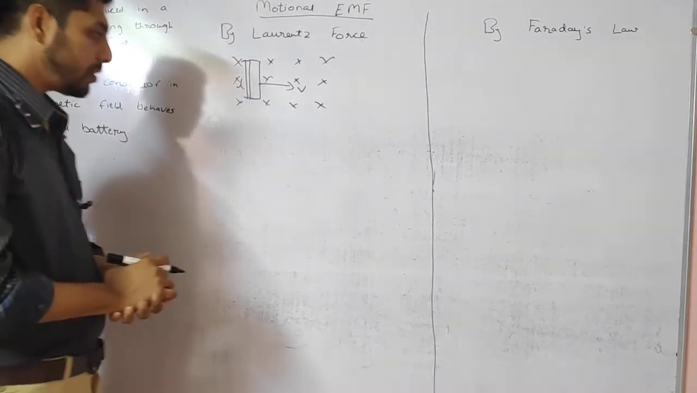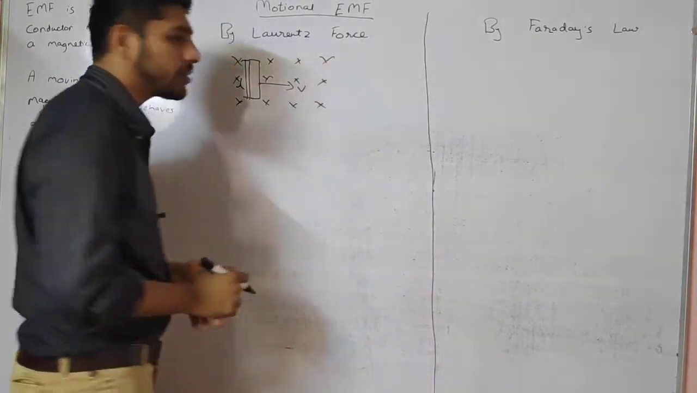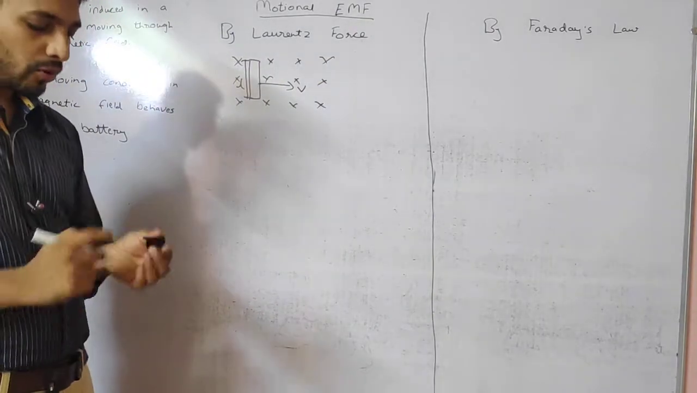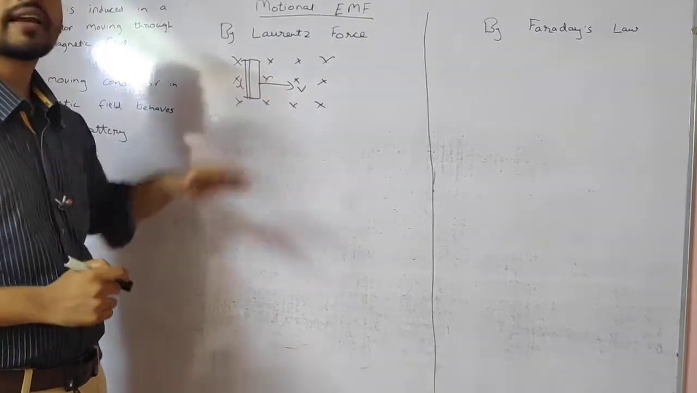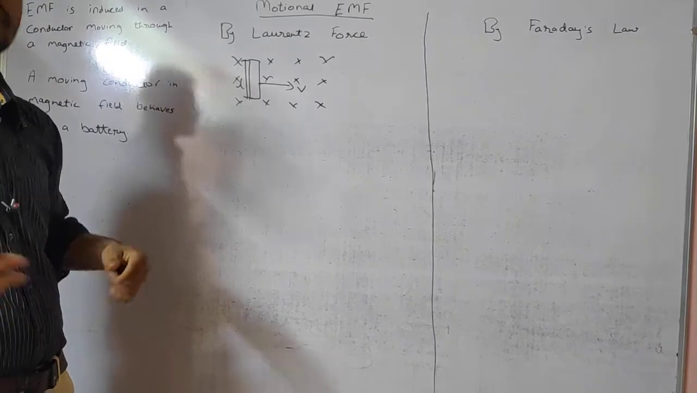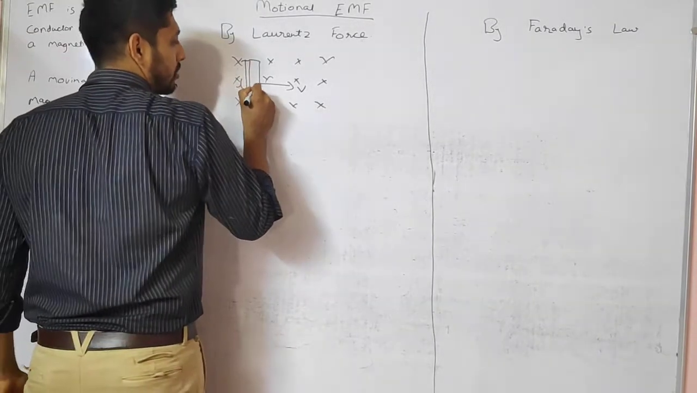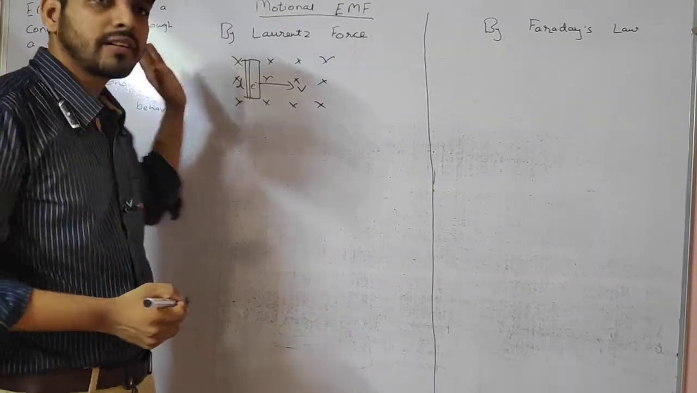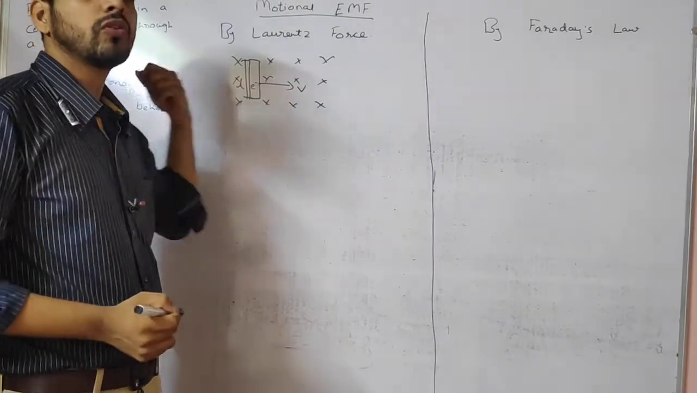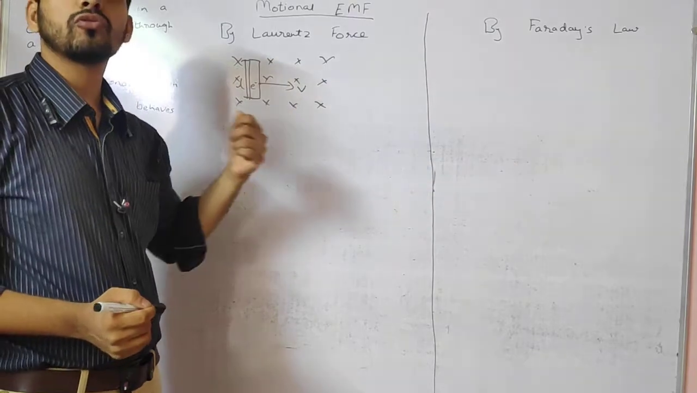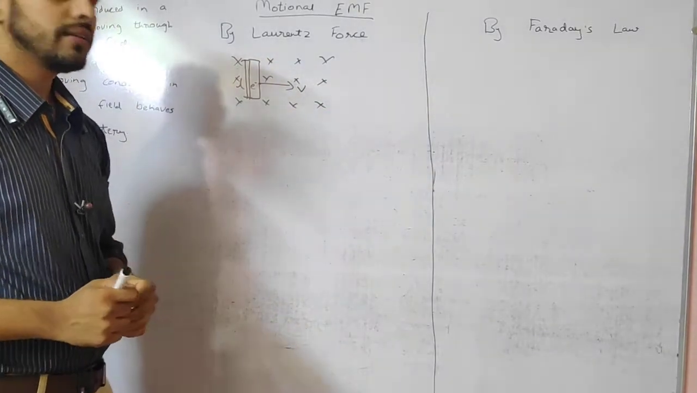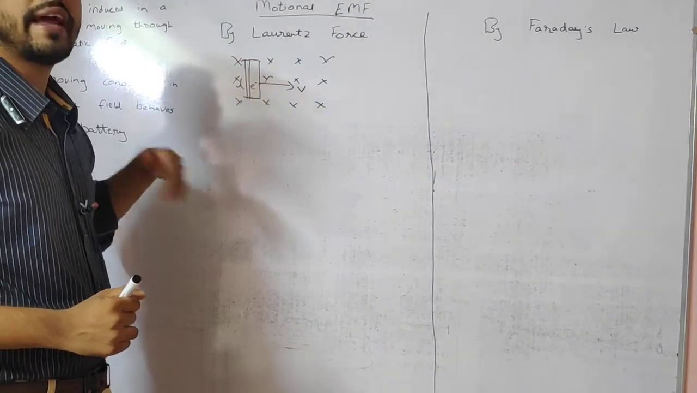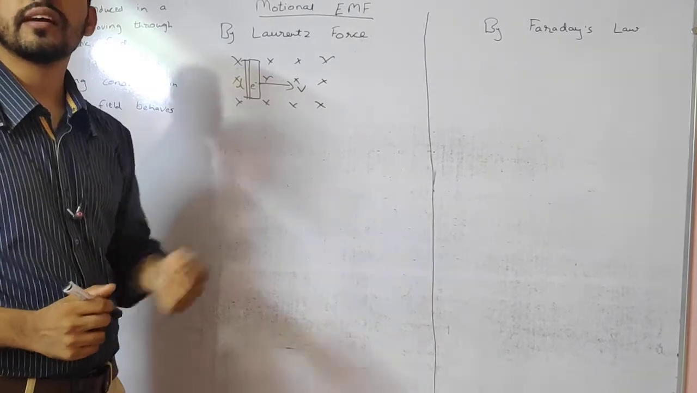So how does it work now? We know that using Lorentz force there will be a force inside a conductor. We know there are many free electrons inside a conductor. So when this conductor moves, the electrons will also move in that direction. And we know there is a force on any charged particle whenever it is moving inside a magnetic field,